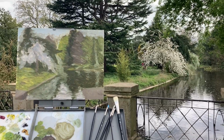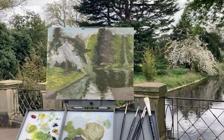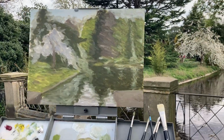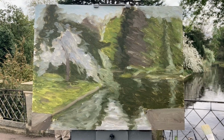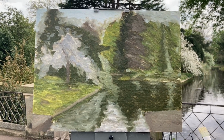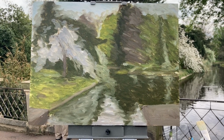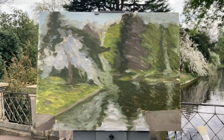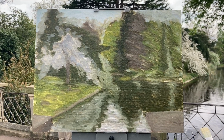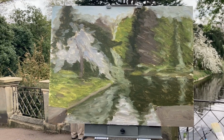All right, so I think I've developed the entire canvas up to about the level that the reference was before, and just to dispel the myth of video editing, this took quite a while. It took about 50 minutes to an hour. I was moving pretty quickly from area to area, but yeah, it took some time. And basically I worked,